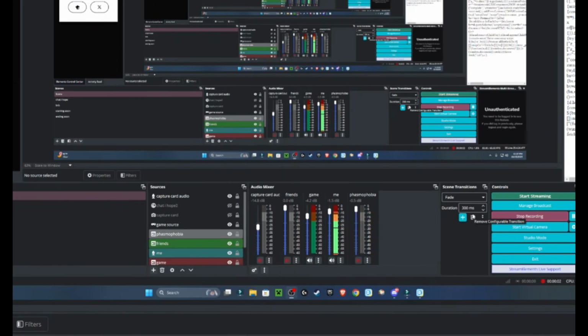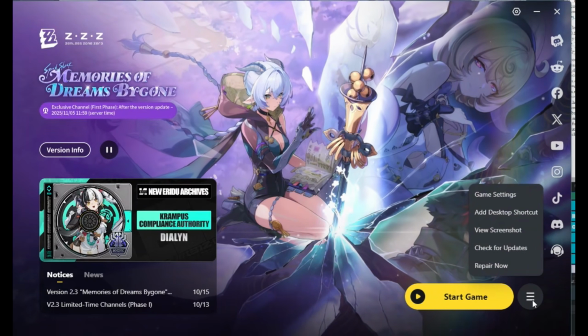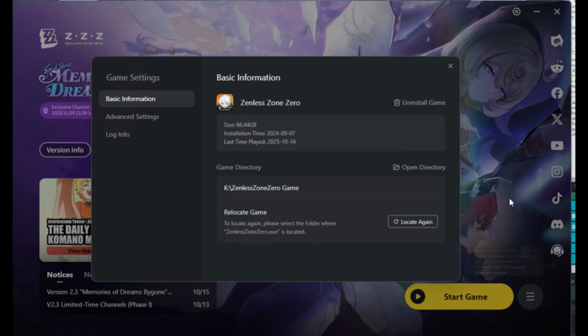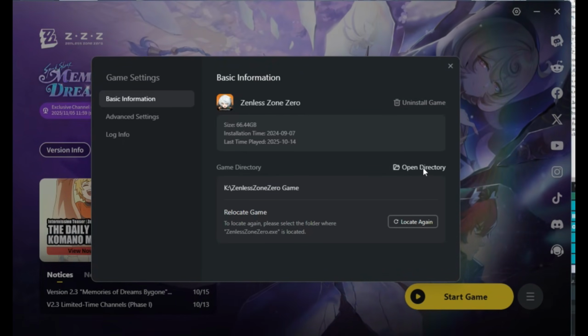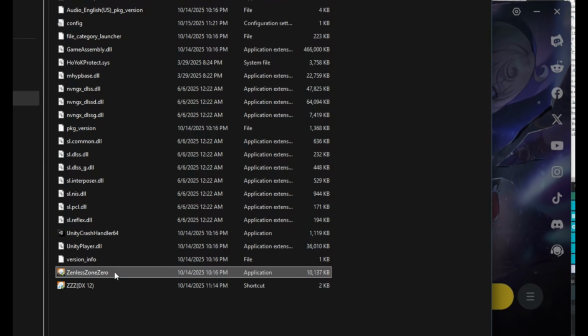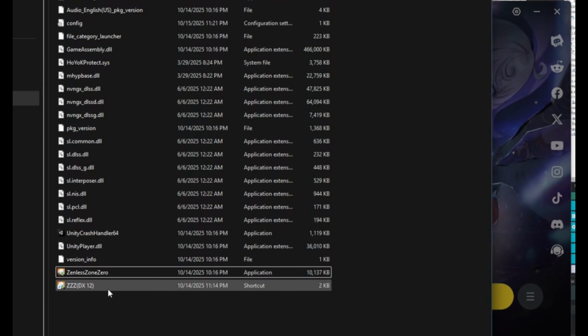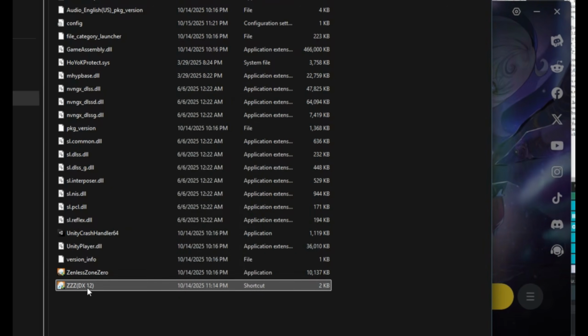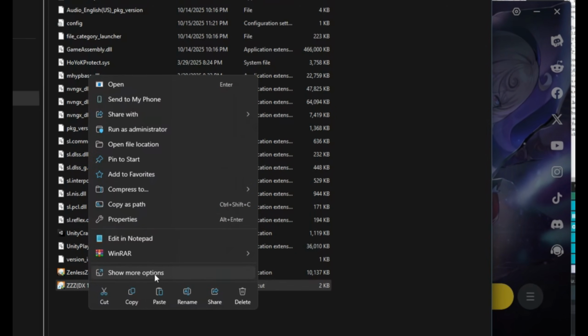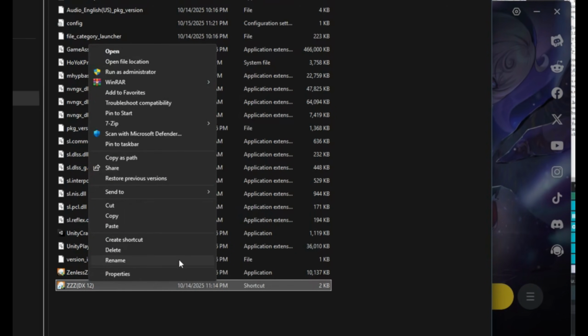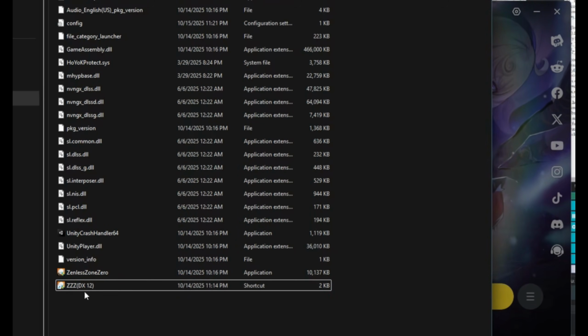Okay, so in order to actually enable the ray tracing, you have to jump through a few hoops to enable DirectX 12 rendering for Zenless Zone Zero. And in order to do that, you're going to want to open Hoyo Play Launcher, go to the triple lines icon here, open the game settings, go to Open Directory, left click your Zenless Zone Zero executable. It should be located near the bottom. Make a copy. Your copy should be named this when you're done. You have to name it yourself, which in order to do that, you're gonna left click it, right click it, show more options, rename it to exactly what you see on my screen, copy it to your desktop, and then when you're done with that,